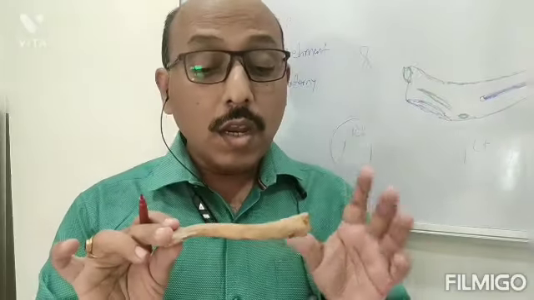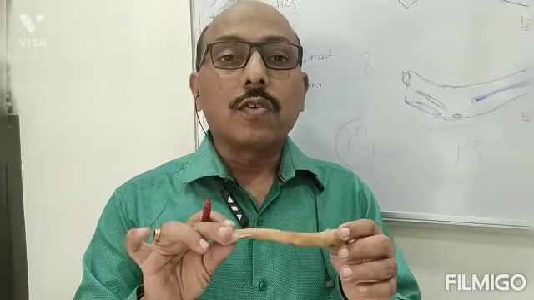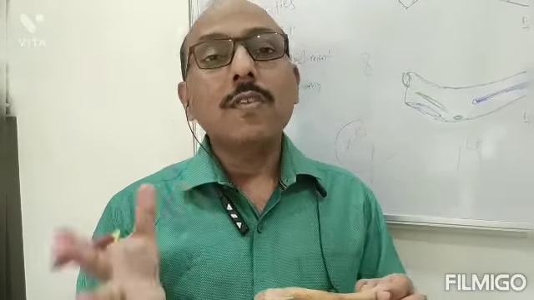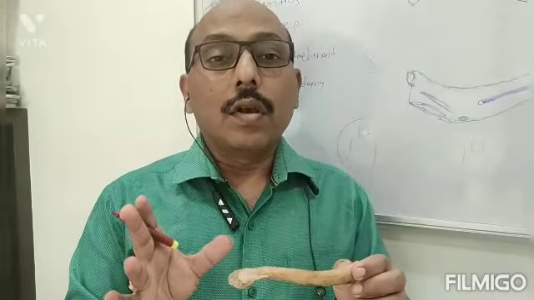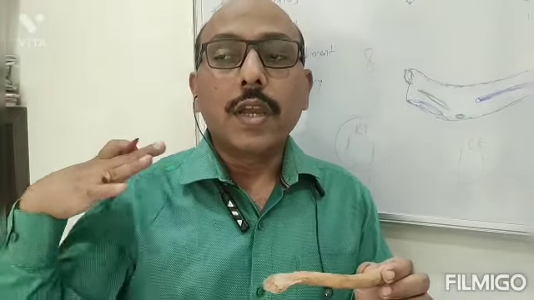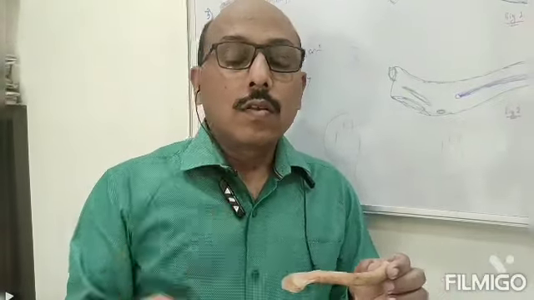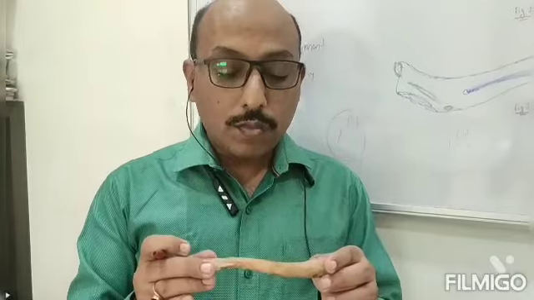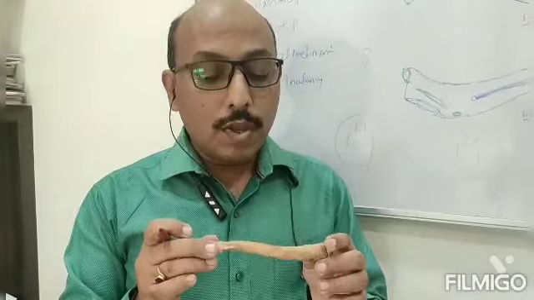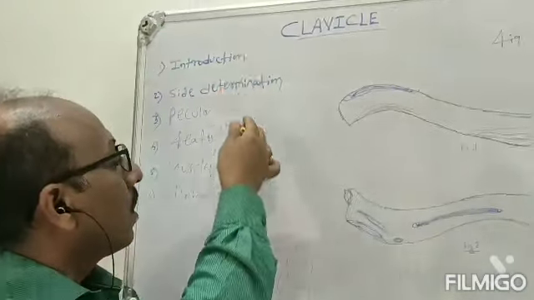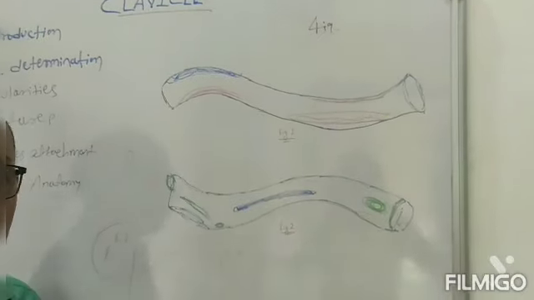And the second is a congenital anomaly, called cleidocranial dysostosis. That is absence of the clavicle or improper development of the clavicle. In that case, the shoulder comes anteriorly in front of the chest. Okay, like this. So this is the clinical anatomy of the clavicle. In this way, you have to remember the clavicle by all means, along with features, muscle attachments, clinical anatomy, and you have to draw at least 2 figures. Thank you.